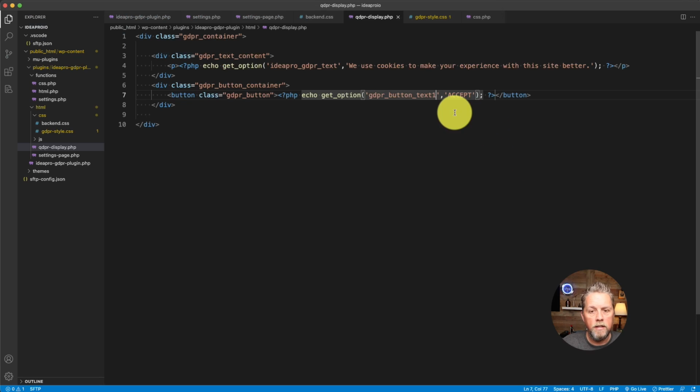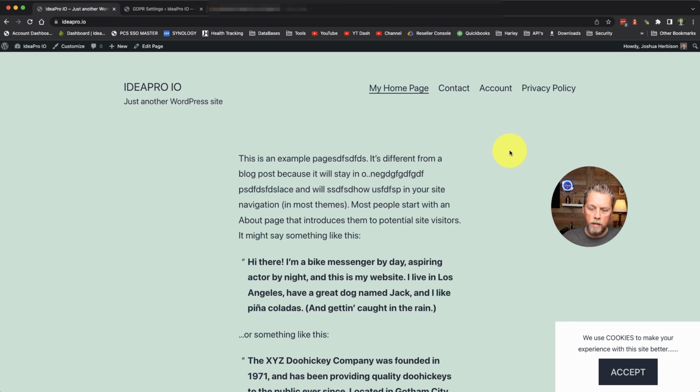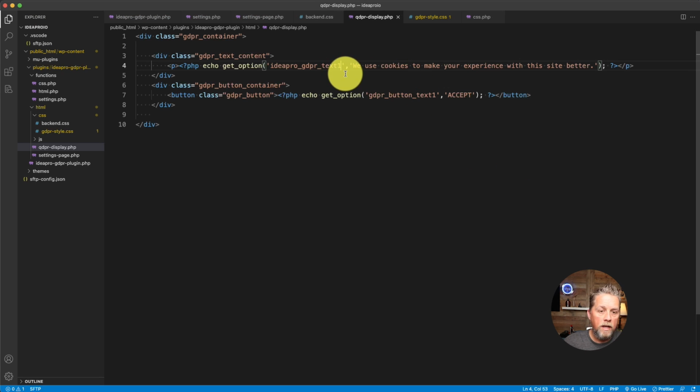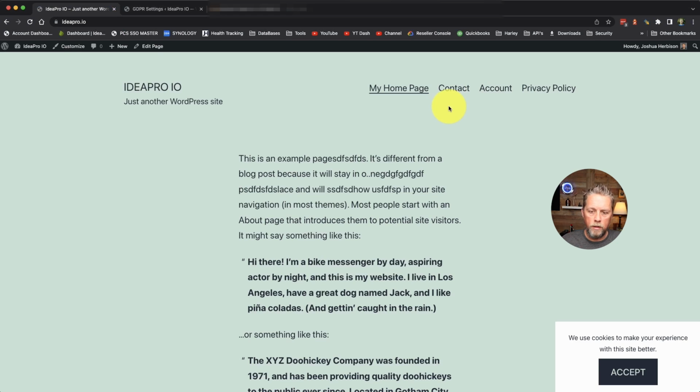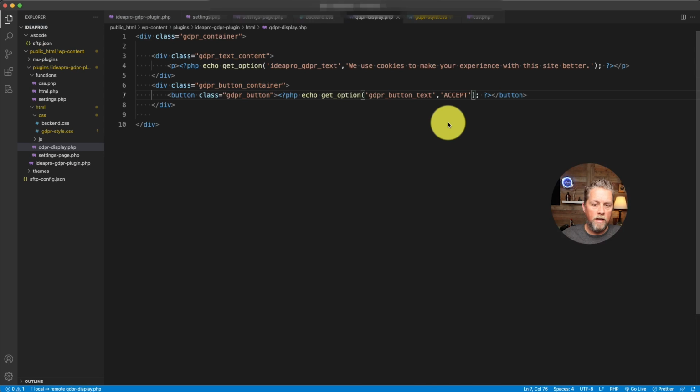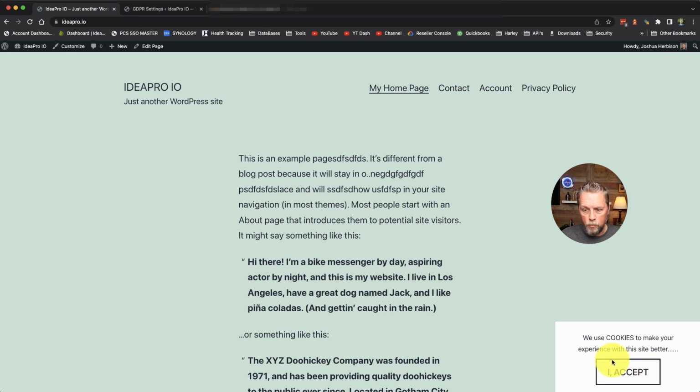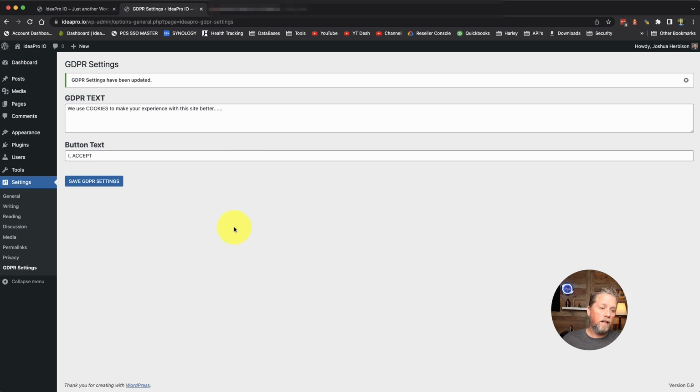It uses this default here that we put in. So same thing up here. If we put a 1 after this and come back over here and refresh, now it says we use cookies to make your experience with this site better. Accept. That way, if no one has saved anything into the settings page, it will default to this, right? So we save that, come back over here and refresh. Now it says we use cookies to make your experience, and it works off of the settings from in here